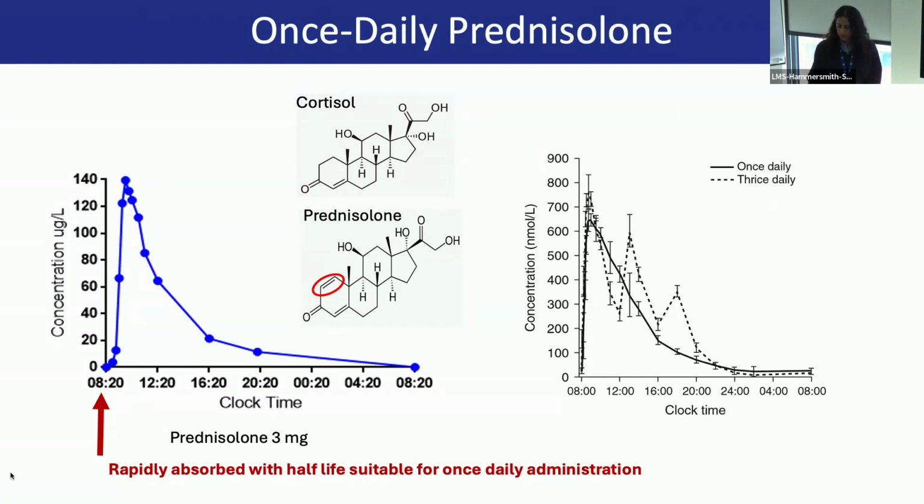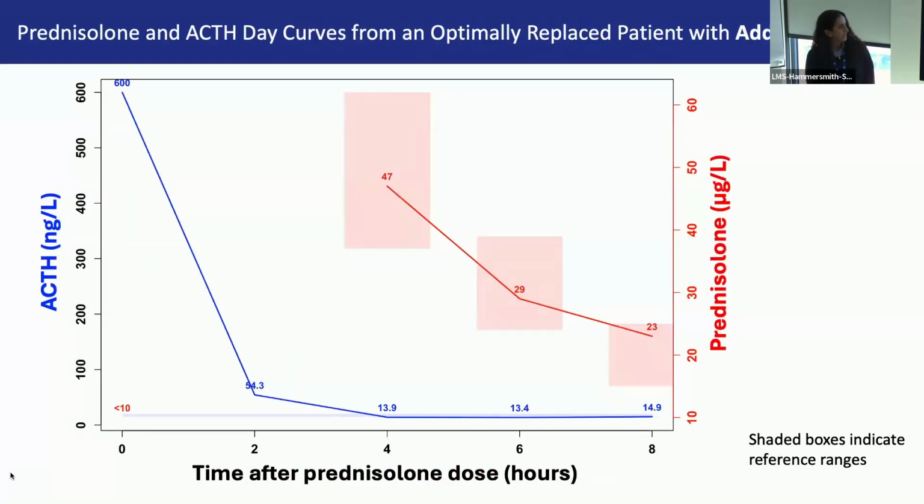And we monitor this at Imperial with an 8-hour prednisolone level reading by way of an internally developed and UKAS accredited assay that's been validated for clinical use. Another benefit of this once daily dosing is that it seems to stabilize ACTH between 4 to 8 hours following the morning prednisolone dose. And this is demonstrated here with an optimally replaced patient with Addison's disease. So on the x-axis, we have time after prednisolone dose at 2, 4, 6, and 8 hours, with prednisolone in red and ACTH in blue. And as we have the reference ranges in the shaded boxes,